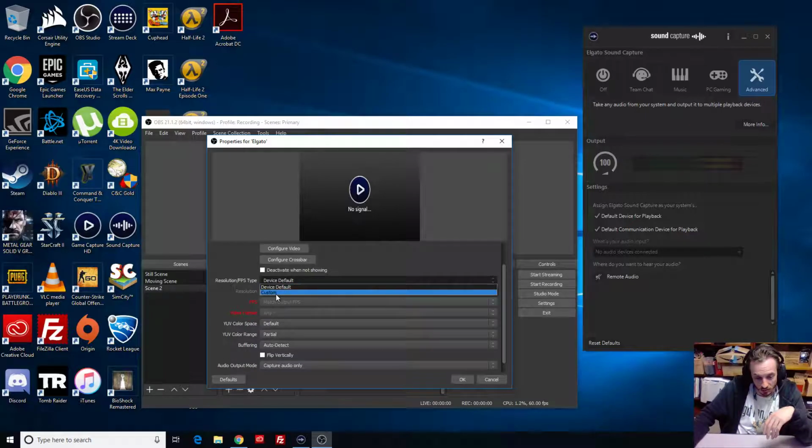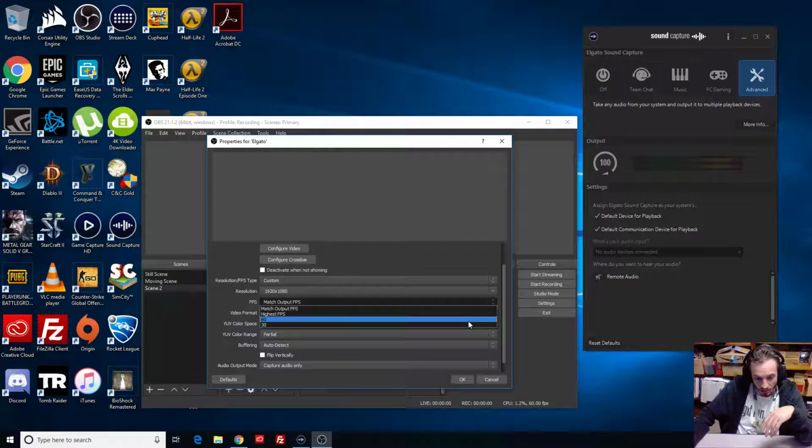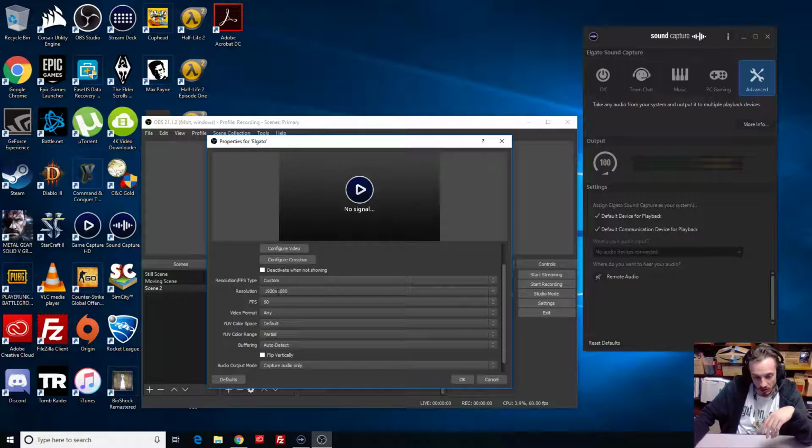So you can set the resolution to custom, and then you have a bunch of listed resolutions here. Maybe not a bunch, but a couple. But we'll just leave it on device default. Let's see. You can put it on 1920 and then match the output. This is basically what you would want, so you can leave it. You can switch to custom, put it on your resolution, which would be higher because you have the 4K version, and then the FPS would be 60 for the smoothest signal. And as you see, it sometimes takes a second. There was a black screen for a moment, but now